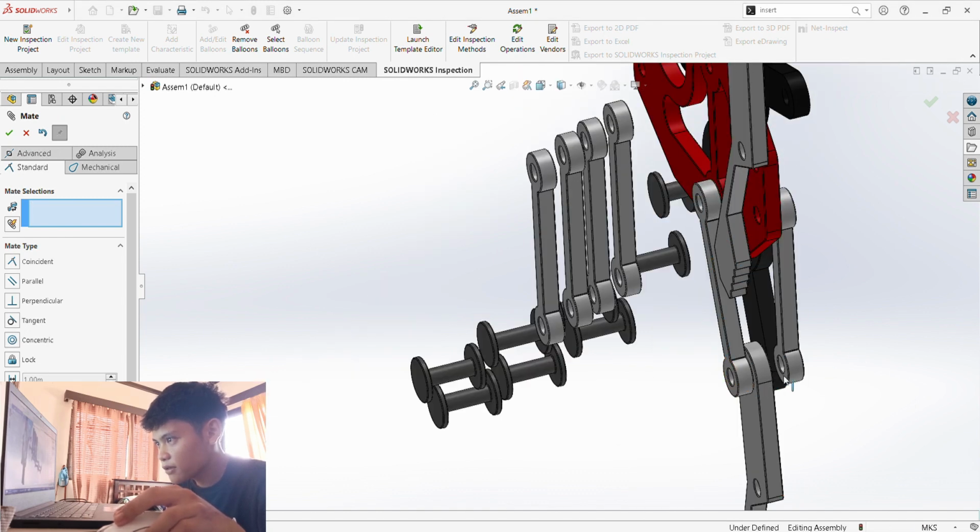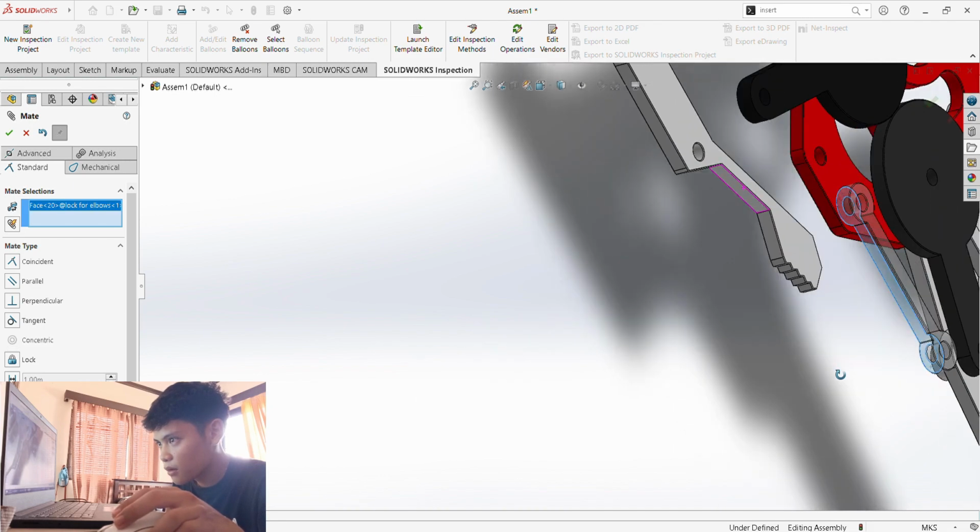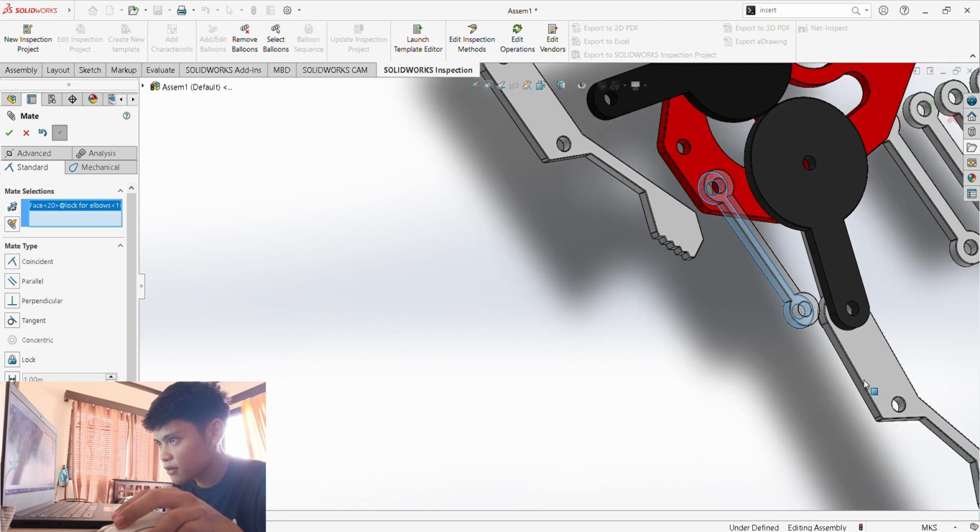Then the surface of this one with the surface of this one, and now this one with this one should be concentric. There you go.